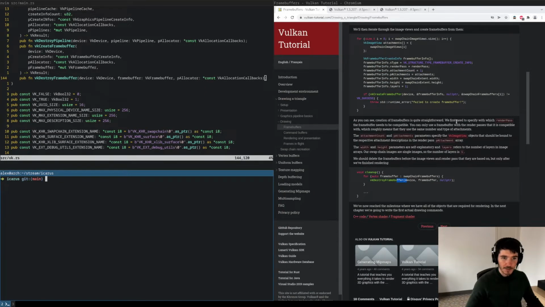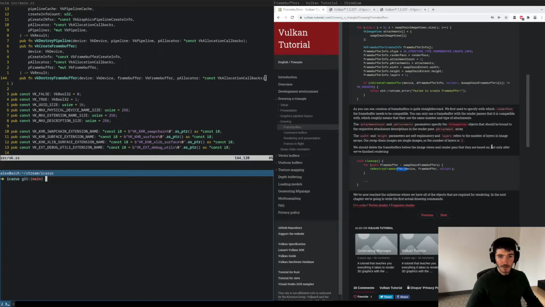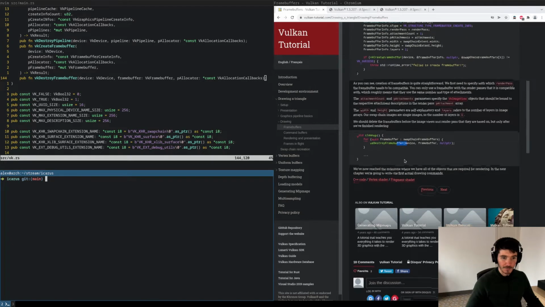Yeah, the creation is quite straightforward. We just need to pass the render pass, the attachments, and the width and height. And the layer refers to the number of layers in image arrays. Our swap chain images are single images, so the number of layers is 1. And we should delete them. Alright,